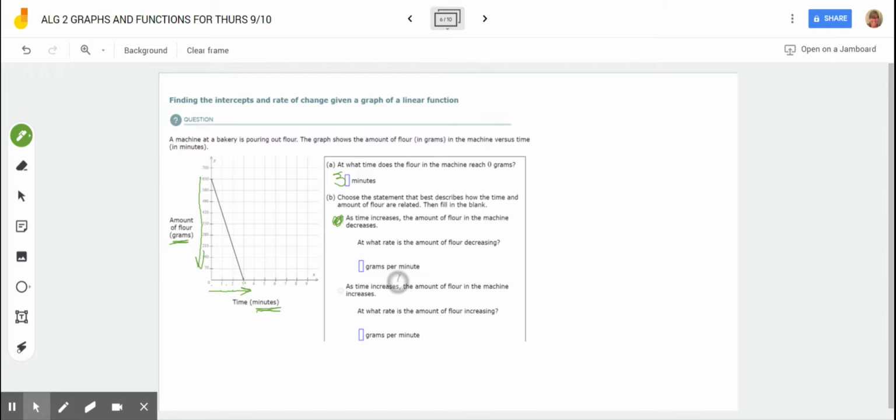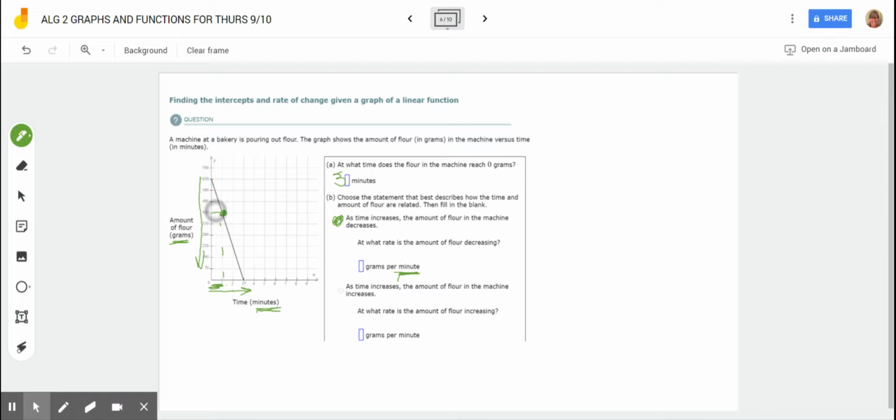And what is the rate per minute? This is tricky. Sometimes they'll tell you different values, like what is the rate per 2 minutes? So be careful. They're asking you the rate per minute. So all you need to do is figure out where this crosses. What is this point right here? And now you're going to figure out the rate. Rate is, remember, rise over run, and we go 1 on the 1. So we're going to go down